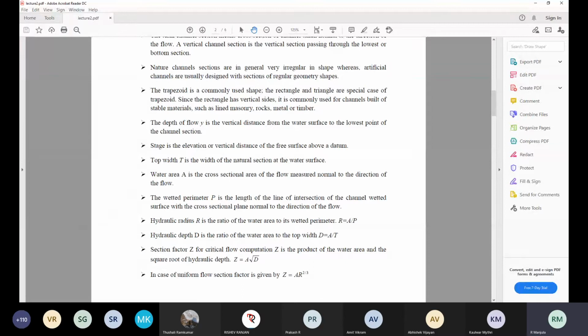I don't know, some problem with my pad. Anyway, I will discuss. I'm unable to draw it on the board. But the wetted perimeter is the length of the line of intersection of the channel with a cross-sectional plane normal to the direction of the flow. So what do you mean by that? If you are having a channel